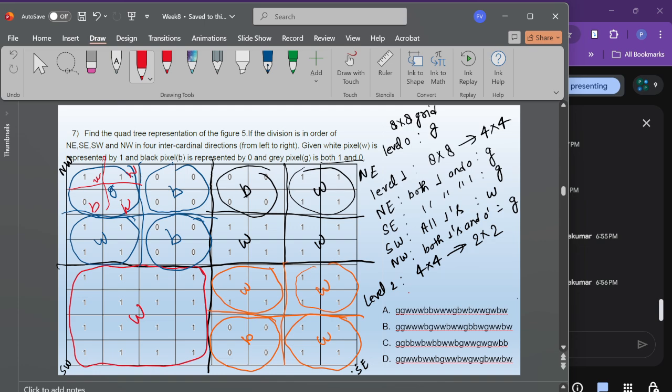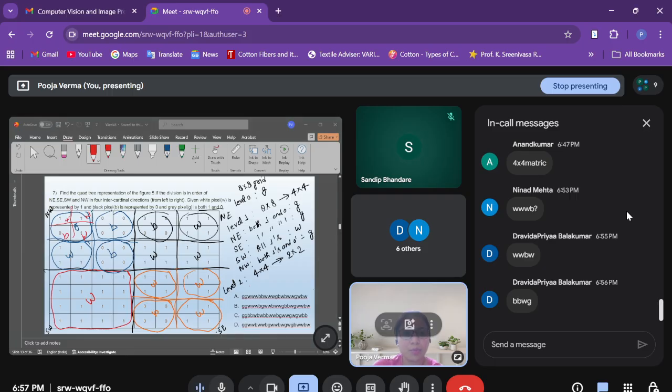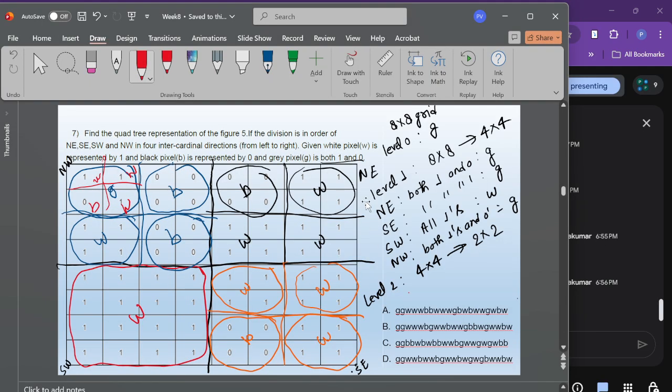So how can we calculate this one? Now we have to calculate for the whole. From the root plus the NW block, how many children and sub-children are there, then the SE block, SW block, and NE block. After calculating all those things, I am just removing this part. At level 0, that is 8 cross 8, we have got the